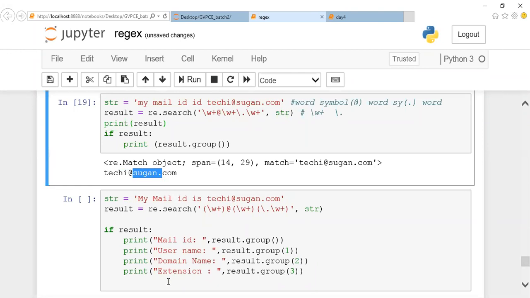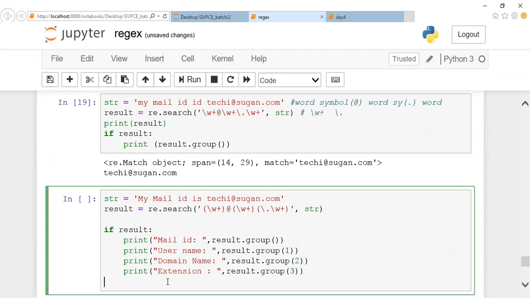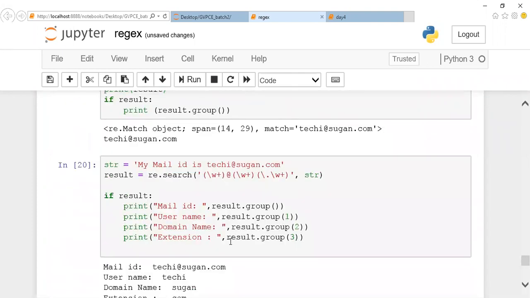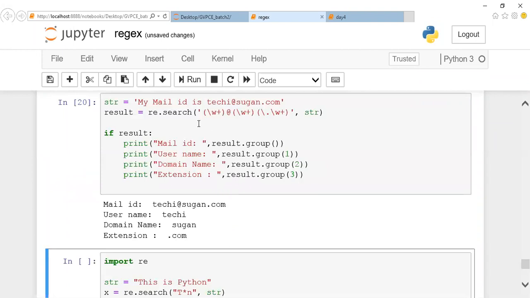So like this, I can separate the data from my mail ID by mentioning groups. Group is the one element which is used for combining it, and it has multiple parameters. If you have a pattern like this, you can separate it. I can make use of this, guys. All those things are implementations of a search operation. But in your programming, you'll most commonly be using only findall. Still, have an idea about these things, guys. We don't know what kind of questions will be raised, right? So it's better to have an idea about these things.